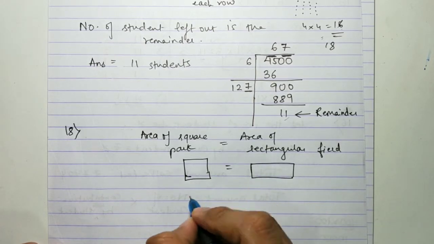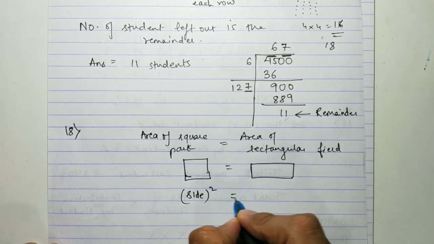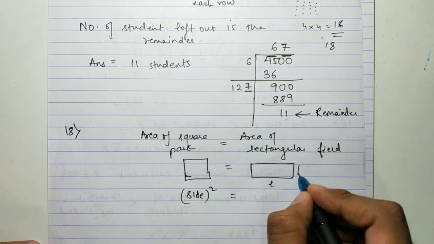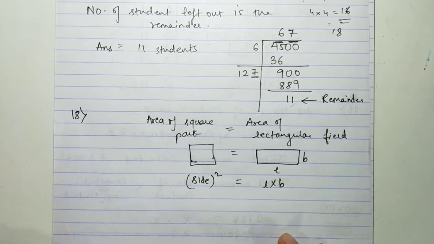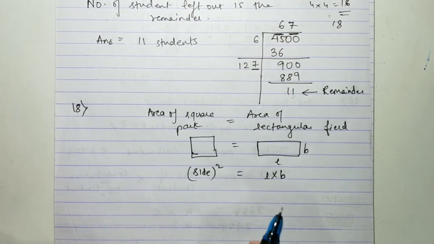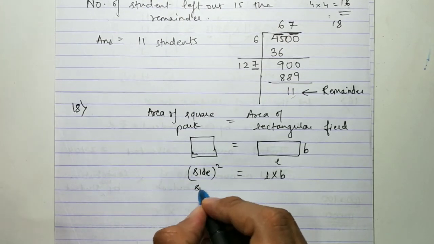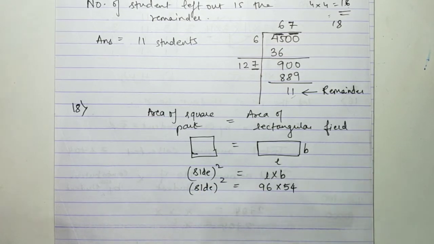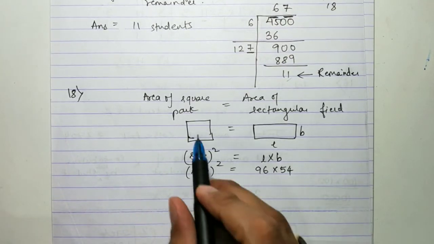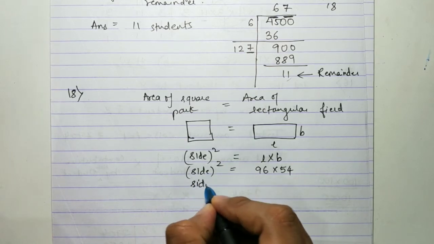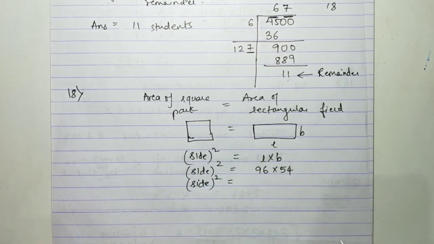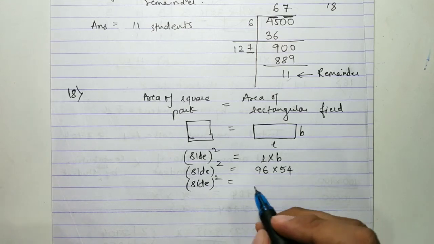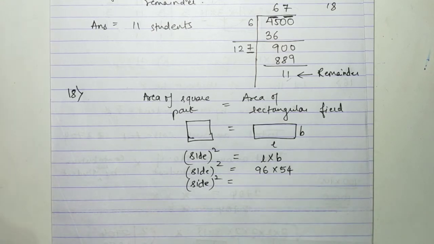Okay, what is area of square? It is side square. And what is area of rectangle? It is length into breadth. In the question they have given that the length is 96 and the breadth is 54. And what do we have to find? We have to find the side of this square. So side square is, you can multiply these numbers, 96 into 54, you will get